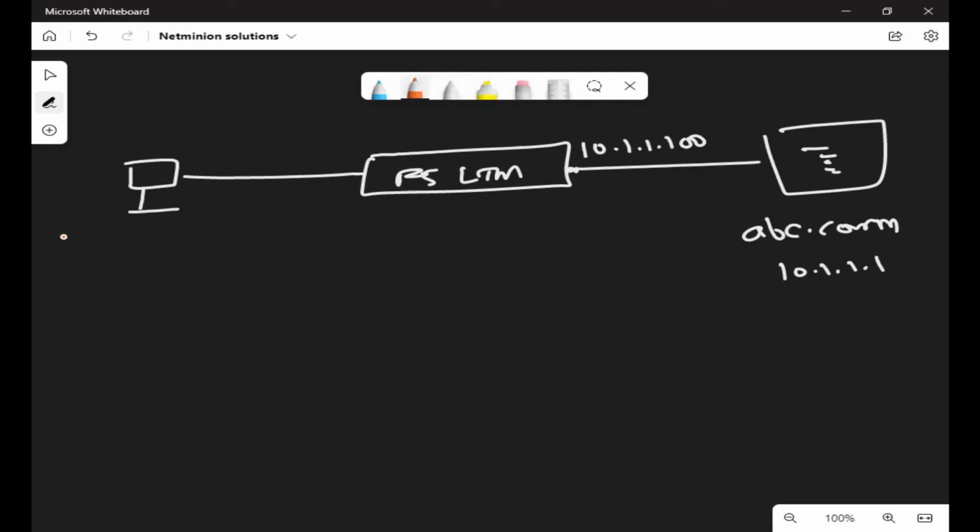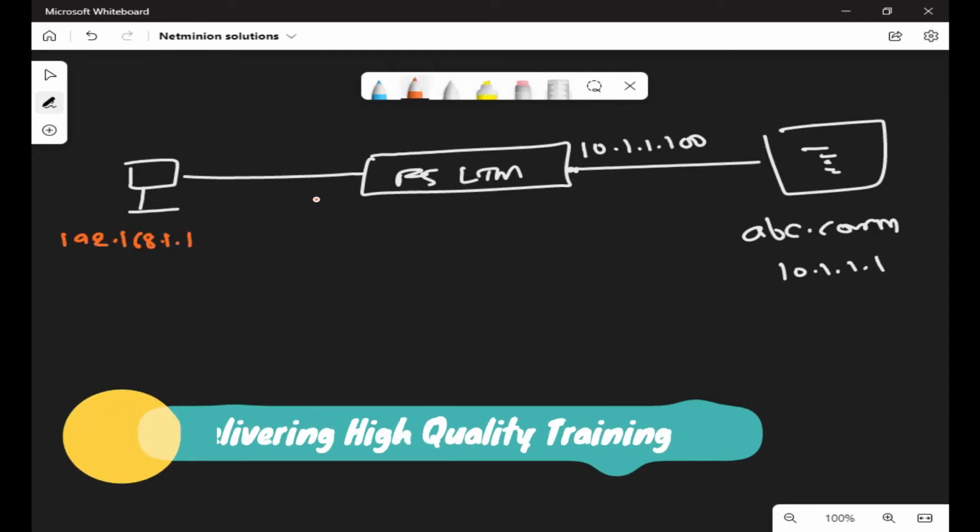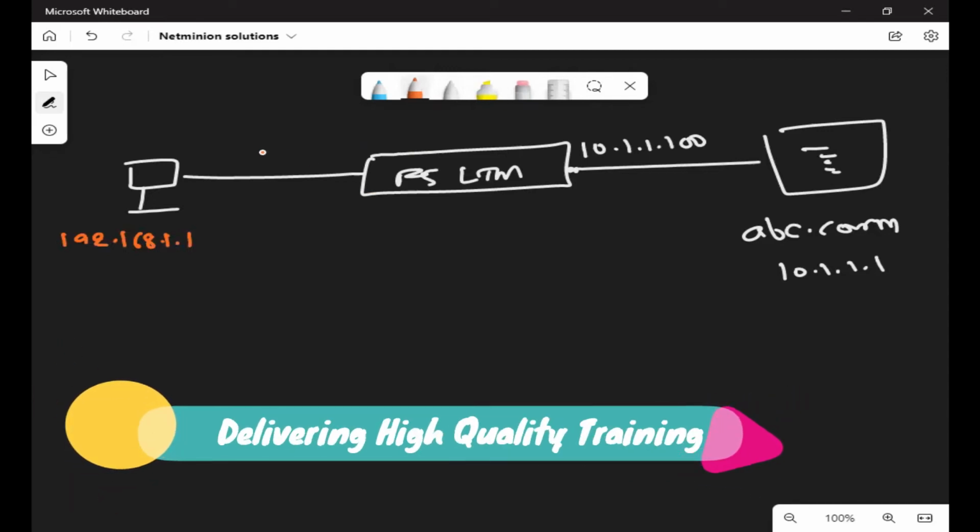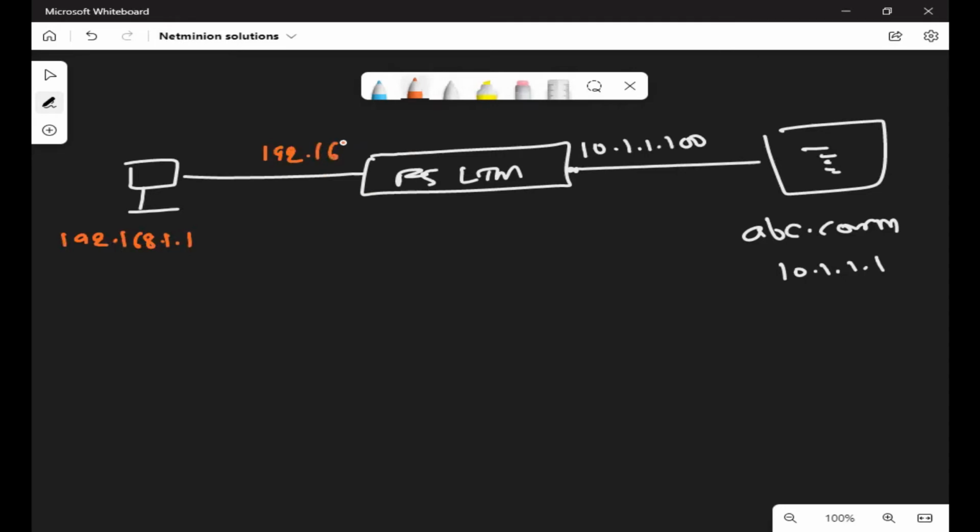On the client side, let us take the IP 192.168.1.1. I am taking the private range again to avoid any kind of confusion. Don't think about how the traffic will flow, how the NATing will be done, and all of that. Please ignore all of those points. I will talk about them in great detail using Wireshark and tcpdump. Don't worry. Currently, I am just trying to explain how this will behave.